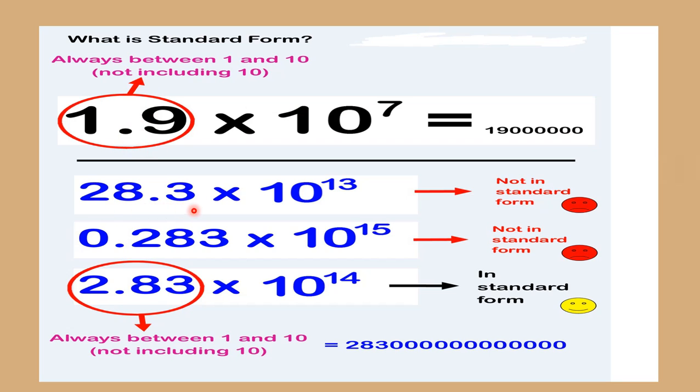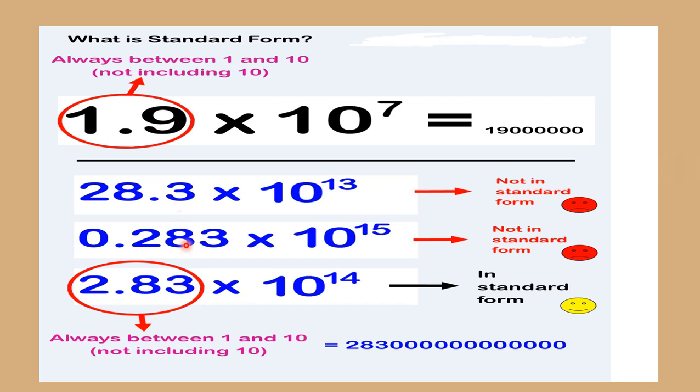Suppose 28.3 into 10 raised to the power 13 is written. So this is not a standard form. In the second example, 0.283 into 10 raised to the power 15, this is also not in standard form. But 2.83 into 10 raised to the power 14 is in standard form. Why is it in standard form? As in these two